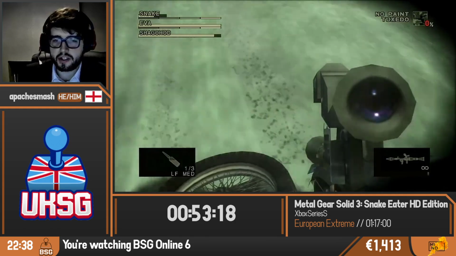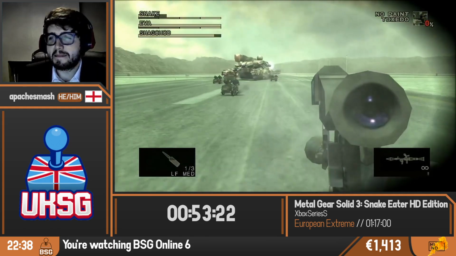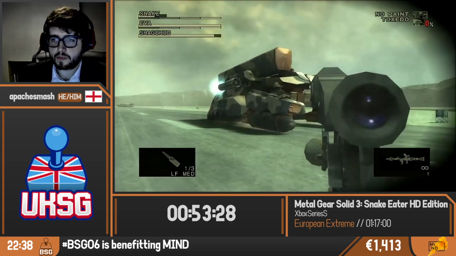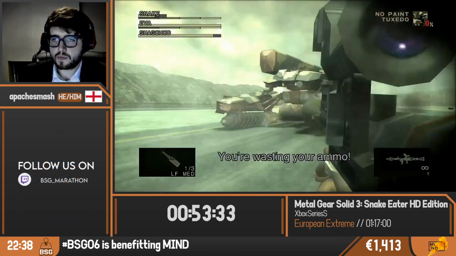Yeah, this is what we do on the PS3 for these sections. This is where he's going to do the bulk of his damage to the Shagohod. It's pretty simple. You just shoot the Shagohod in its weak spot, which is that sort of chin area just below the head. You can't shoot too fast, or else you'll actually...